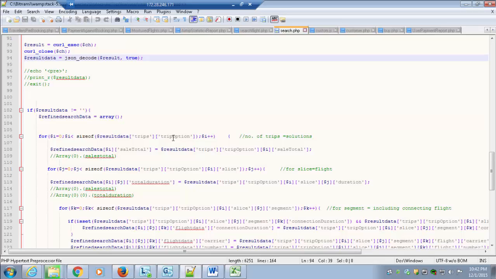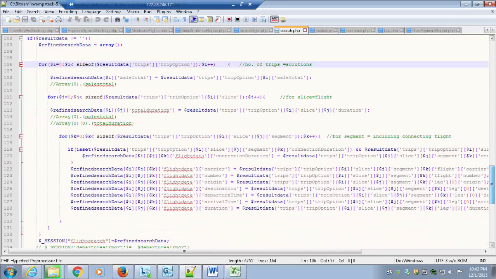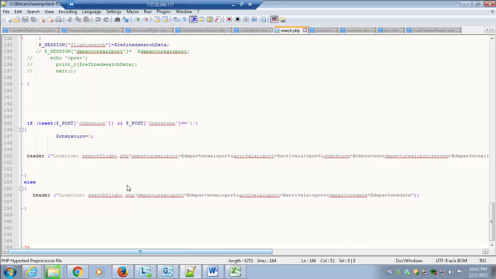What trip option does is give us all the JSON information, and we may not require all of it for our project. All the refined search data has been given back to the flight search, and it is stored in a session.